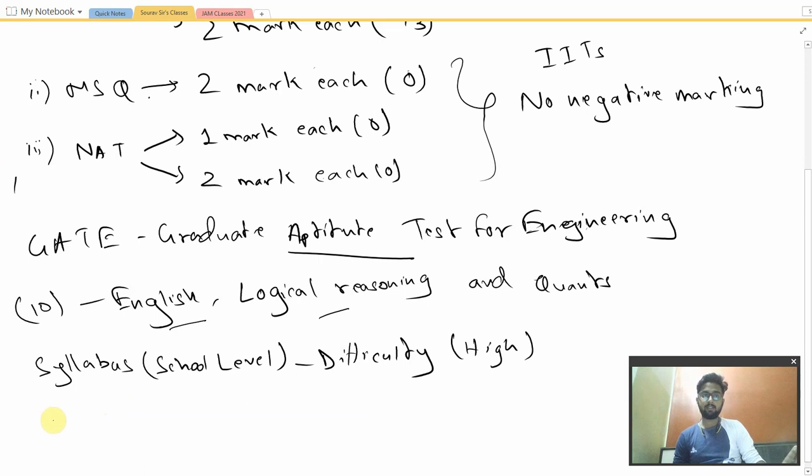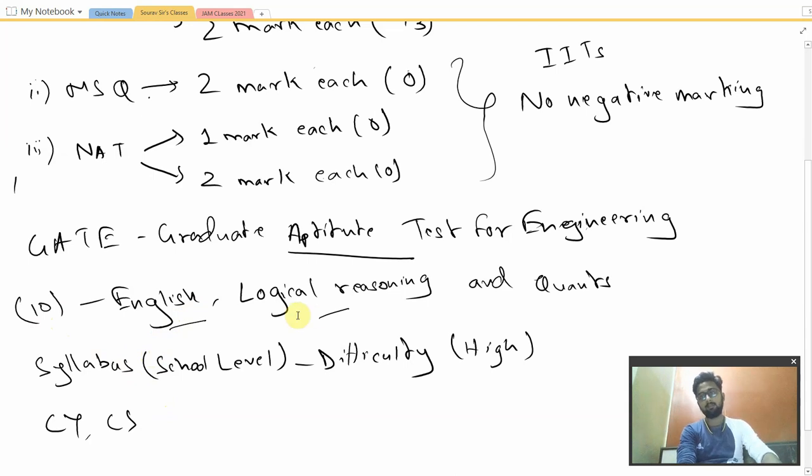The person giving the exam for chemistry and the person giving the exam for CS, that is computer science, will both have these same 10 questions. All the 23 or 24 fields that we have in the GATE syllabus will have the same aptitude questions. The subject-wise questions will be different in each of the subjects. So this was all about the discussion.